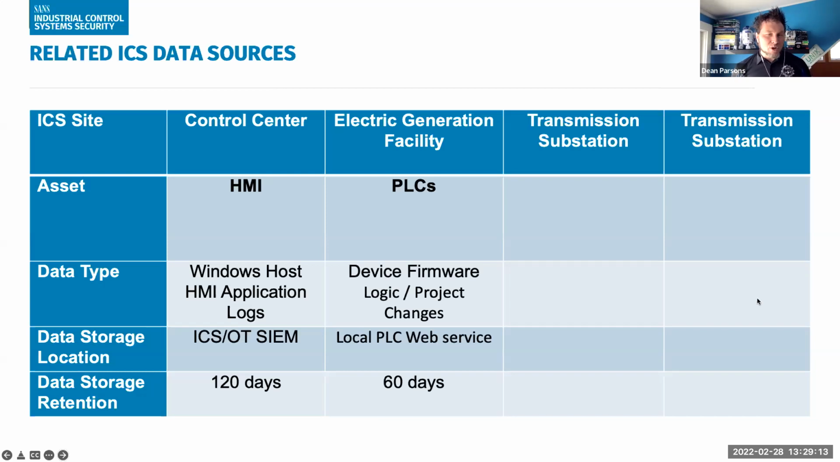Now, beyond that, of course, now we're going right down in the field. These devices, the PLCs, could be remote. They could be in remote physical locations, but the logs on those devices have information about the firmware device being updated or not, logic changes in the device, and so on, critical information from a threat detection perspective in ICS. Here we do have a data retention of 60 days, and it is local to that PLC in this